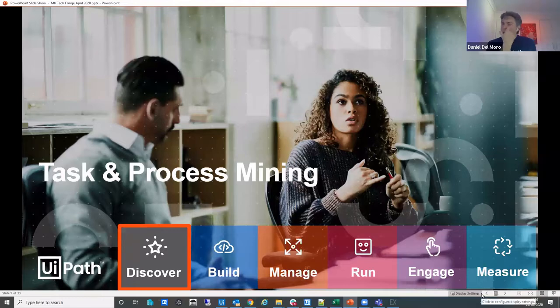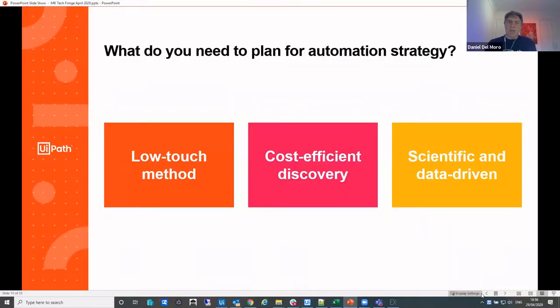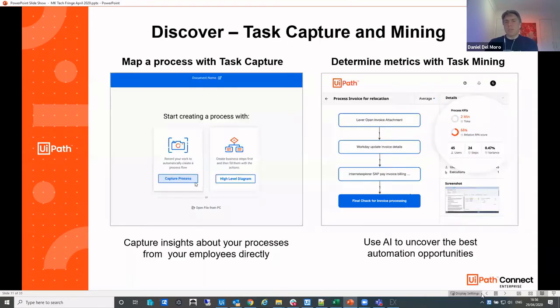We've now identified some ideas, or we've got some ideas that have been submitted, and we've determined that maybe we want to go ahead with some of them. So the next step is to start to investigate, delve a bit deeper into these actual ideas. And we do that with the least amount of effort possible. Being a business analyst in the past, it's quite a lengthy process finding out more information. And what we do have is some tools to help. So we've got something called task capture and task mining. Task mining is coming out a bit later in the year, but I can demo to you now very quickly